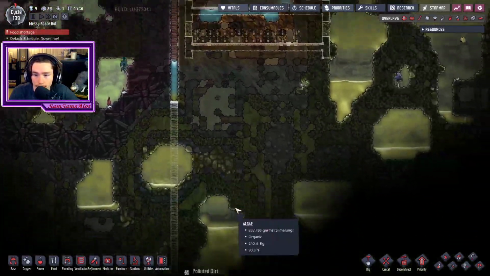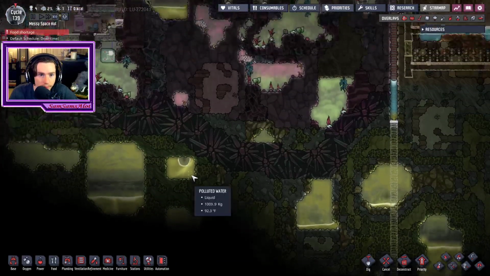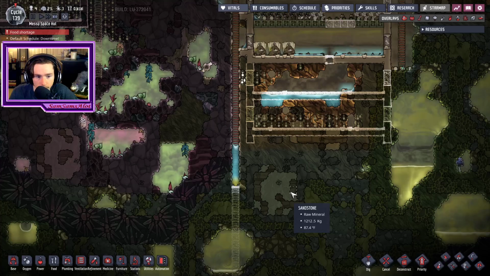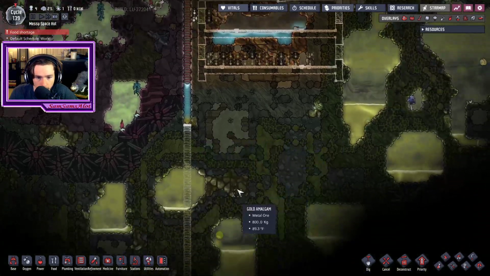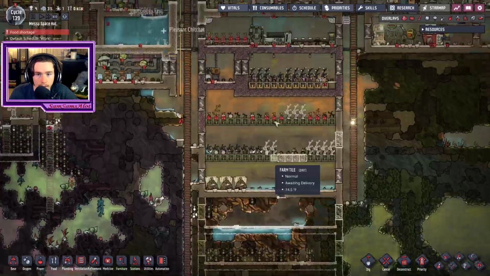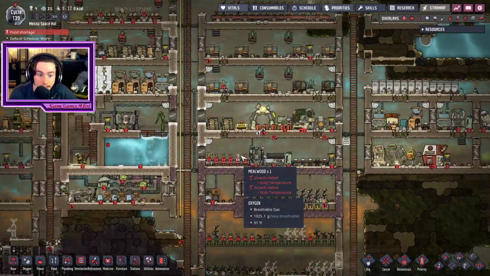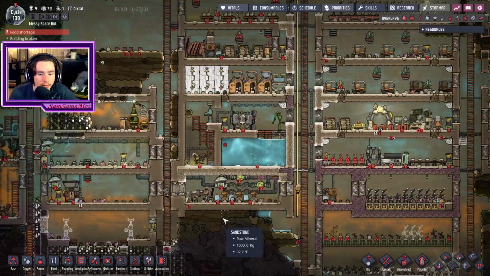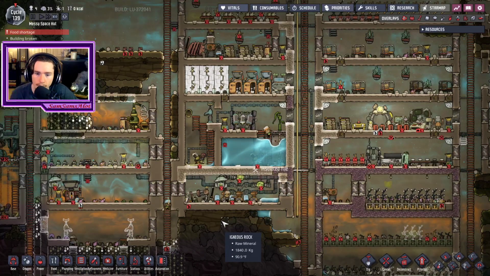Oh, and also I found my first hunk of gold amalgam. Where is it? There's some, but there's a lot of it somewhere. Oh, right here. Look at all that. I just got some from the printing pod, so it's not that big of a deal, because apparently you can get it from there. But, like, finding it yourself is...